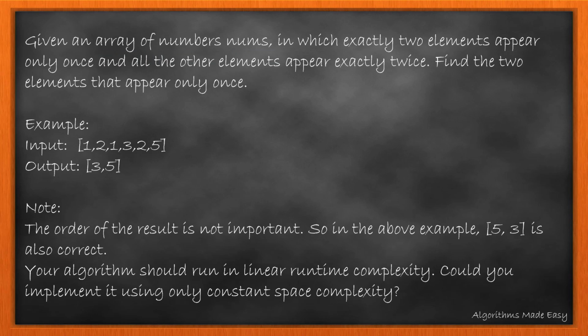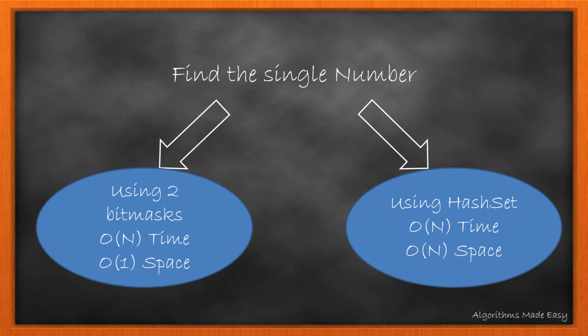Now that you are ready to jump into the third part of finding the single number, let's start with it. Similar to previous questions, we are given an input array, but this time two elements appear only once while all other elements appear twice. We need to return the elements which appear once. The notes attached to the problem clarify that the order of the elements is not important. The second point states that the time complexity should be linear, and also drops a follow-up question to achieve it in constant space. This problem can be solved in two ways.